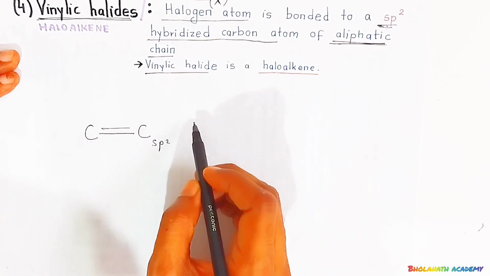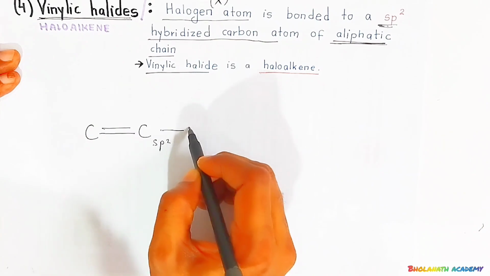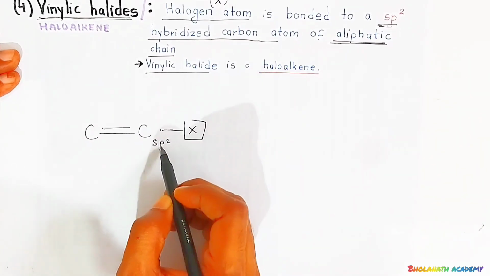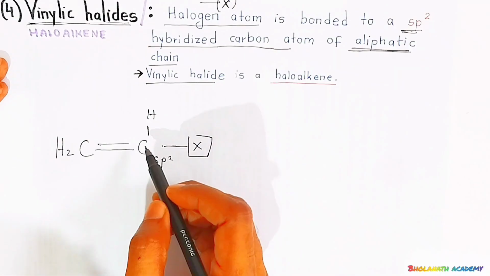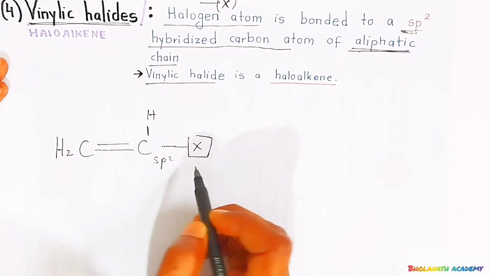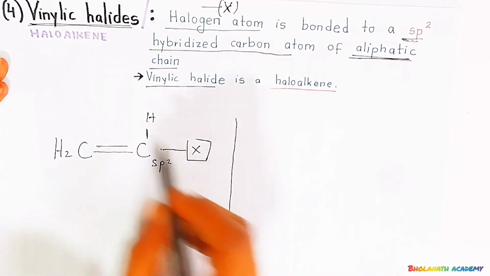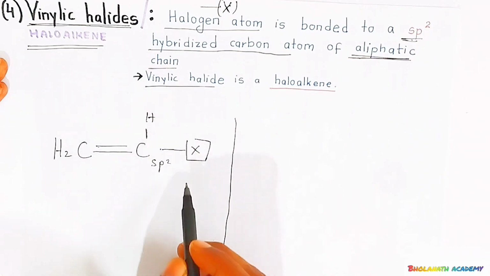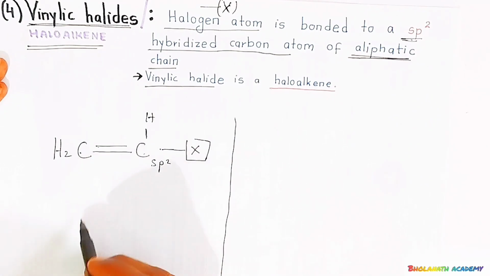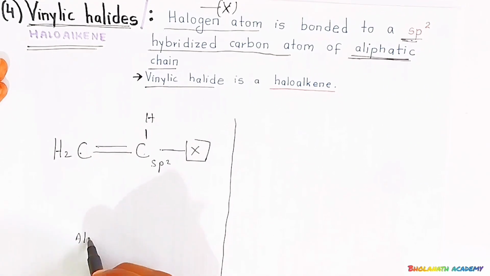Understanding, students? To whom is the halogen atom attached? Here the halogen atom is attached to sp2 hybridized carbon atom. This is called as vinylic halide. This is aliphatic type of vinylic halide, students. This is also called as haloalkene because here carbon-carbon double bond, students. So this is the example of aliphatic vinylic